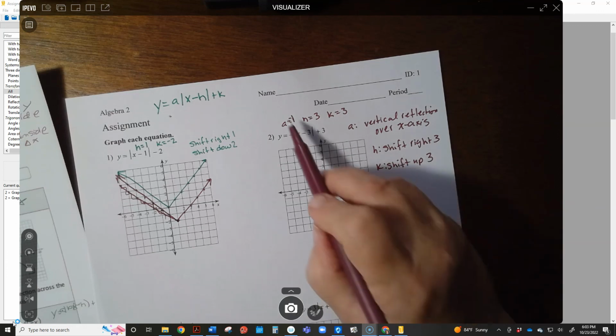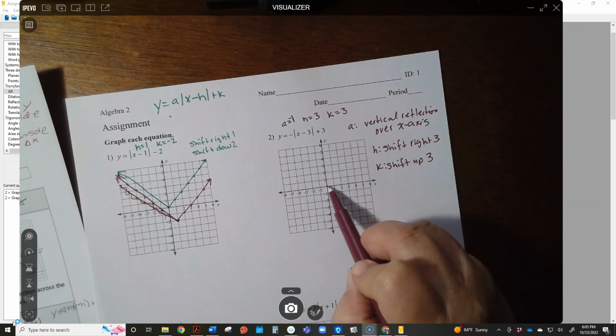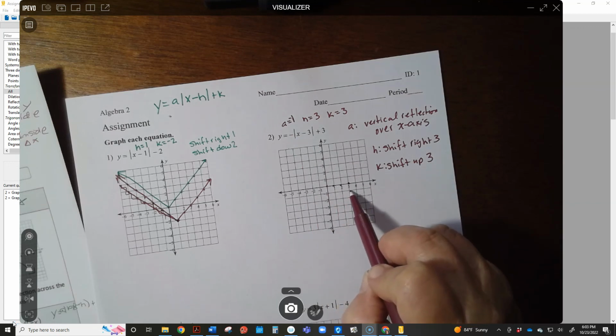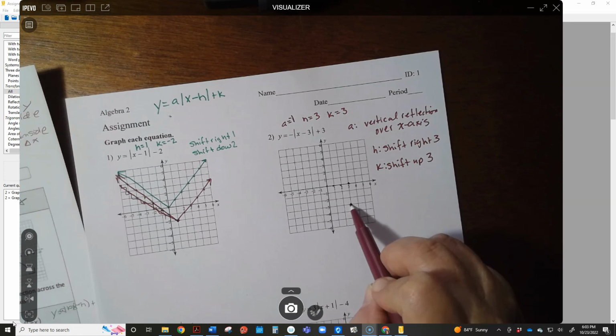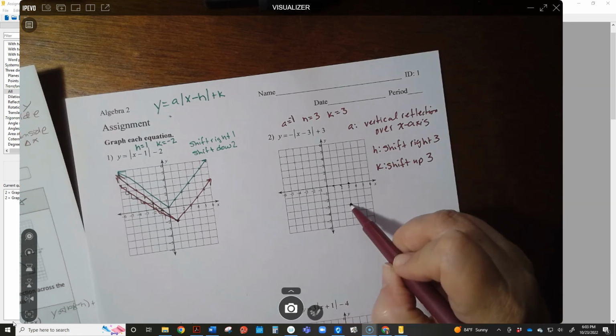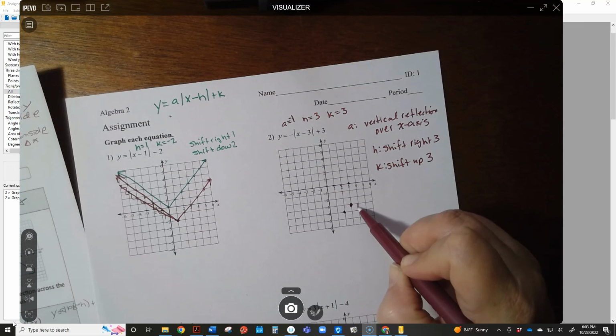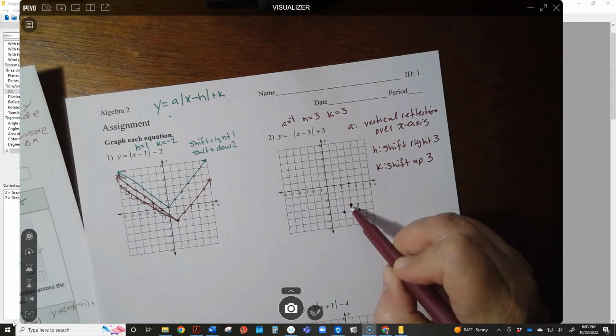So I'm going to find the new vertex. I'm going to shift it to the right 3, and I'm going to shift it up 3. There's my new vertex, and this time I'm going to go over 1, down 1 in each direction, and just